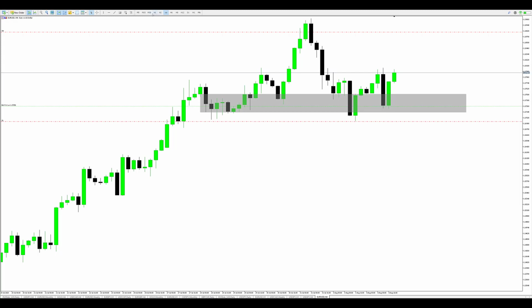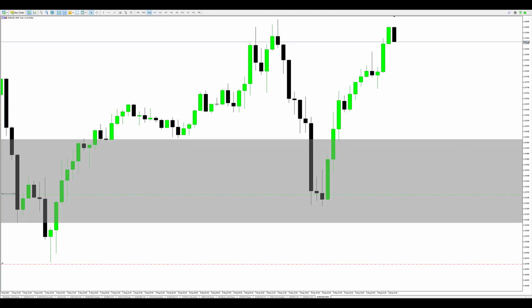So if I go onto a lower time frame, you can clearly see my H4 closed here. We were deep in that discount zone. Remember, the market is moving to the upside. So we tested the bullish order block. I knew that price was not going to break this low, because if it did break this low down here at